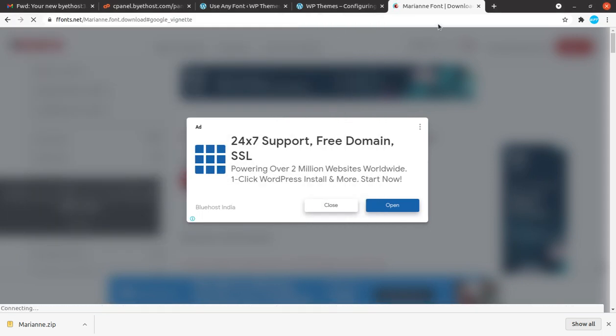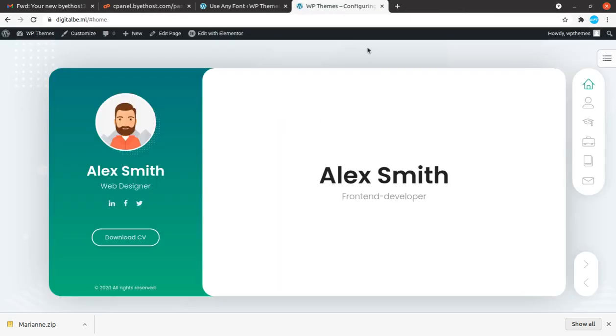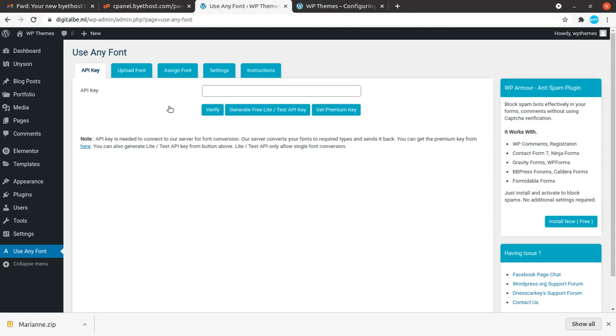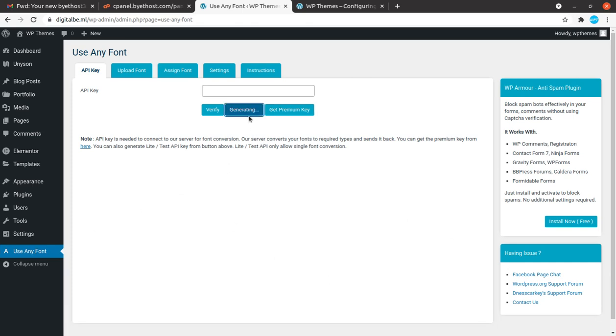Okay, good. So now we have downloaded, and now we can generate a free light API key, test key, and it is very simple. Just open the Use Any Font option from the left navigation, and click on generate API key, and yes, it has been generated, and click to verify to complete.